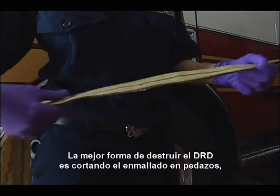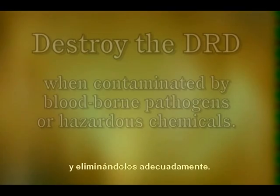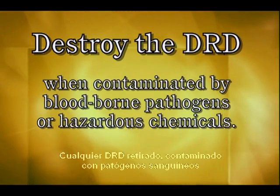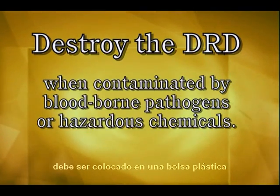well. A good rule of thumb when considering when to retire your DRD is when the actual cost of repair is greater than 50% of the replacement cost. If the retirement option is selected, be sure to destroy your DRD in order to prevent any unauthorized or mistaken use. Destroying the DRD is best achieved by cutting the webbing into pieces and then disposing of them properly. Any retired DRD contaminated with blood-borne pathogens or hazardous chemicals must be placed in a plastic